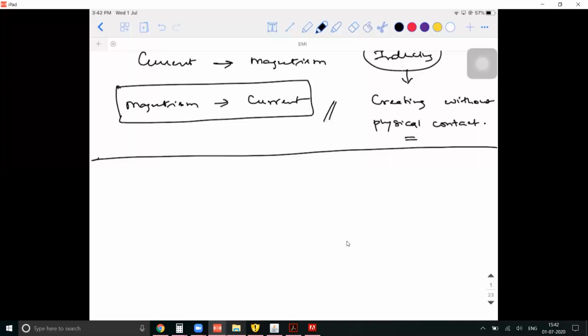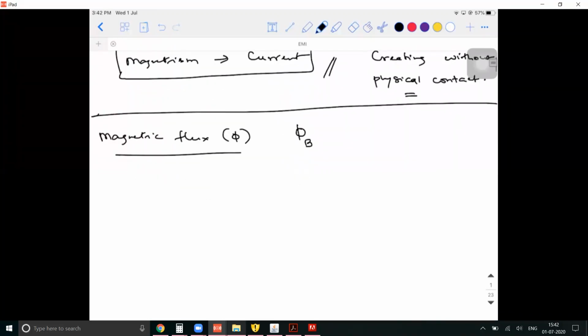So if you observe the main topic you're supposed to understand in this chapter, before we proceed, it is called magnetic flux. So flux, the same symbol like how we use for electric flux, we are going to use the same symbol, but the only difference is we call it phi b. So what is this magnetic flux all about? It is similar to that of the electric flux. Only thing, wherever electric is there, you are going to replace it with the term magnetic. So it is defined like this.